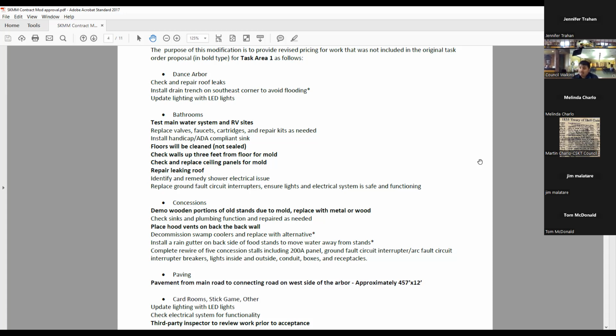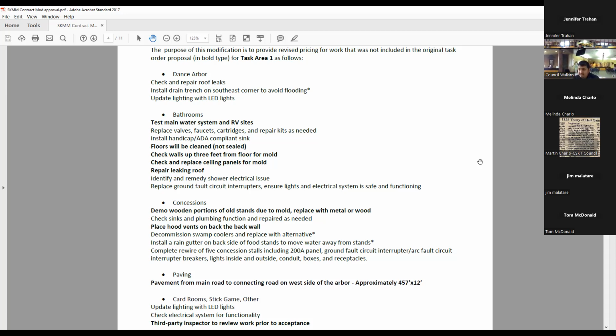As far as I know, the concession stand rough framing should be complete today so that the tradesmen, like electrical, plumbing, and a few of the HVAC guys can get in there and start retrofitting everything out. And for the big arbor, the roofing company that we hired is down there today sealing it up. We got pavement scheduled, I believe, for mid-June, which should go fairly quick. And what else have we got?